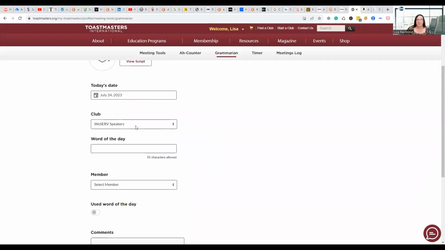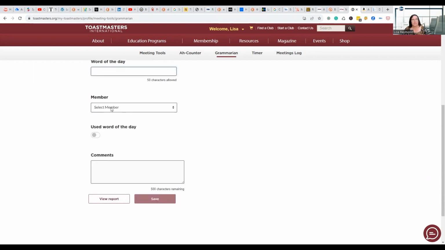So again, date, club, word of the day, 50 characters, so be careful. The member, did they use the word of the day? You can add extra comments like, wow, Colleen was such a master. She added this word 5 times or used a different variation of the word of the day. Never know. Then again, you can save and view the report, and keep in mind this has a 500 character limit